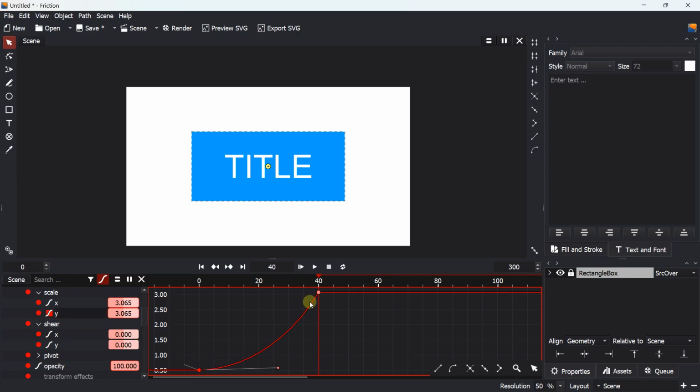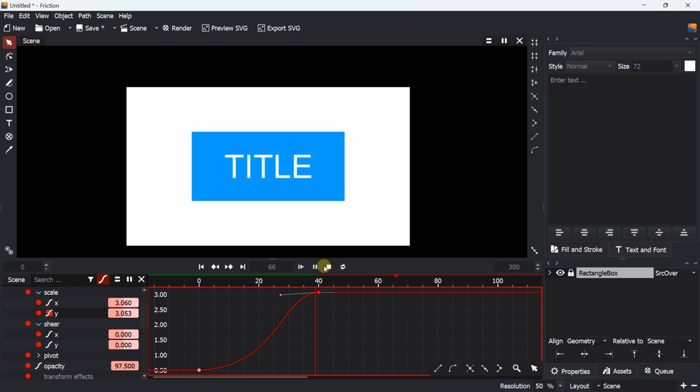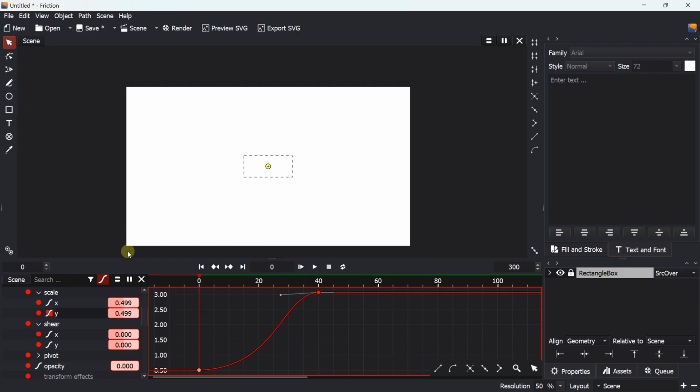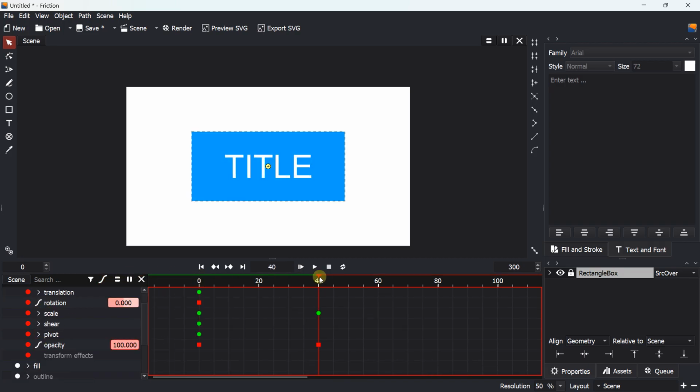I can, for example, drag and move. And here I can also drag and move if I need, just like this. Let's play the animation. So it was just to show you an example of what you can do if you want to change the speed. You can use the graph editor. Let's just come back. So now if I come back to the text option here, when you work with, for example, text layers, you can have specific options for the text. So I'm going to deactivate the graph and, for example, go at 40.